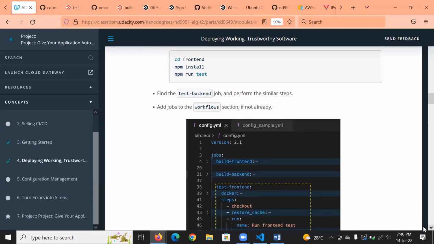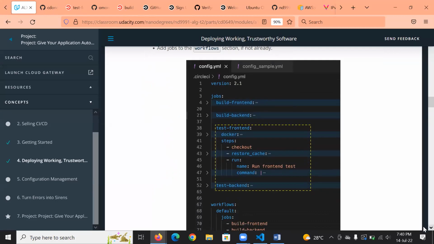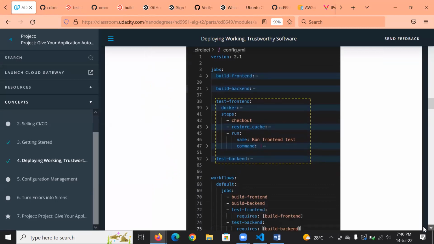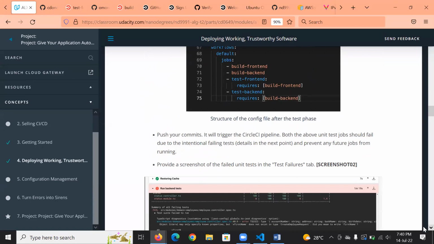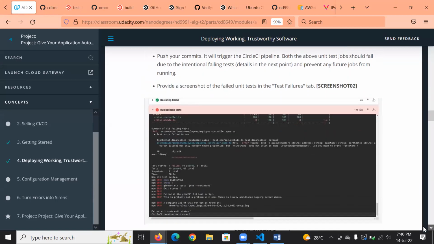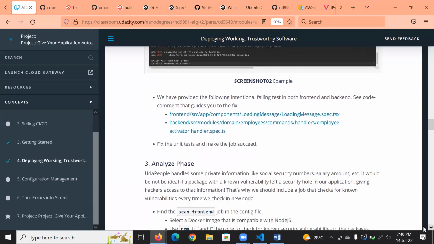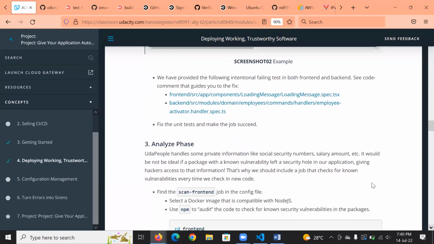So here. Yeah, just scroll down. Down. Yeah. So we have recommended... Let me try to close. We have provided the following intentional case. See the codes, the comments are guides to fix. I think there are comments there. There are comments at those points